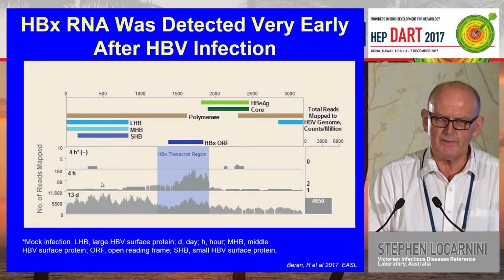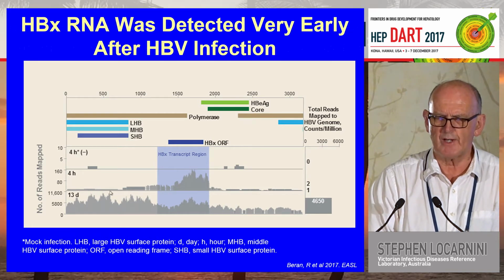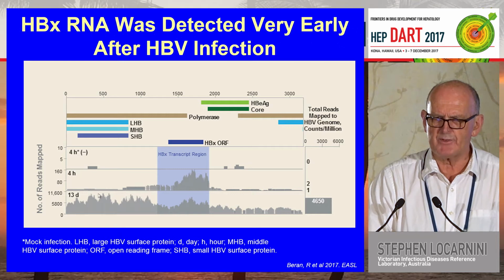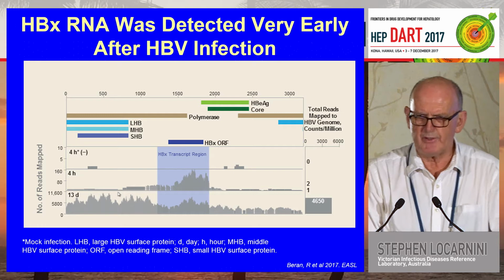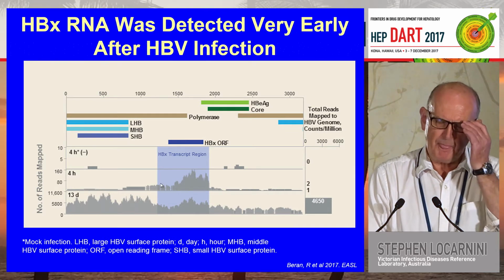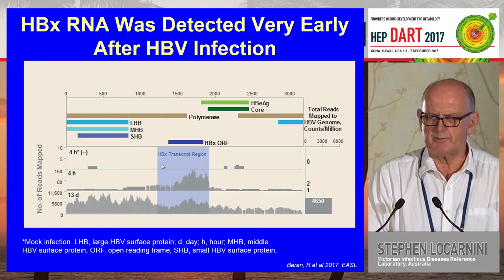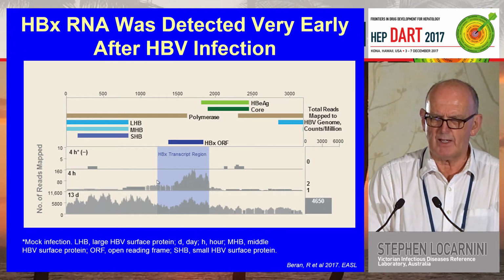Further consolidating this concept of the virus coming in with a diverse range of materials was a very nice study done by the Gilead group, from Virion and his colleagues at Gilead, which tried to identify through deep sequencing and RNA-seq the timing, if you like, of the particular RNA transcripts of the virus. And what you can see here is that before infection, there are obviously no specific markers of RNA, but